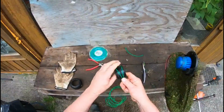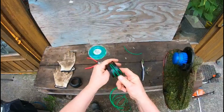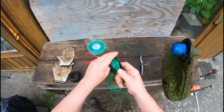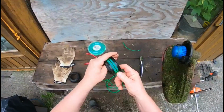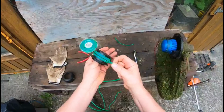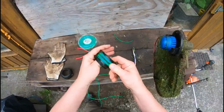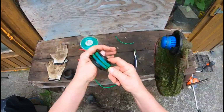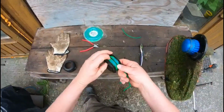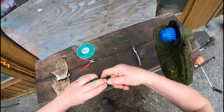Put the loop over there and just wind this back. Wind it back, making sure that the line stays separated. One line on each side of that divider. Bring it all the way around. And when I get down to about 6 or 8 inches, I'm just going to hold it here,